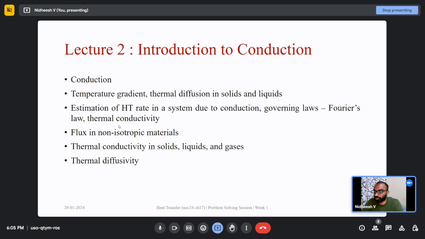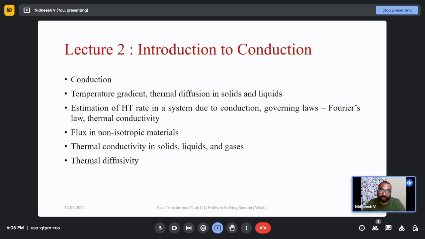We moved on to the first topic in our heat transfer course, conduction. So we talked about what drives conduction, that is a temperature gradient, and we talked about thermal diffusion, which is another word for these conduction processes in solids and liquids. Then we talked about the importance of estimating heat transfer rate in systems due to conduction, and we talked about a constitutive relationship that we use for